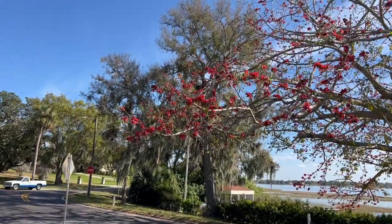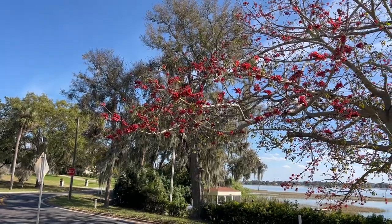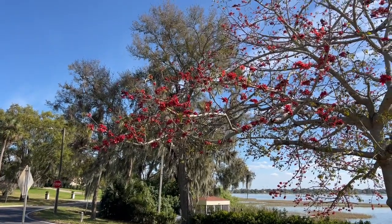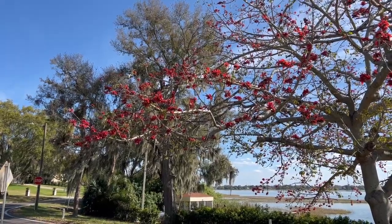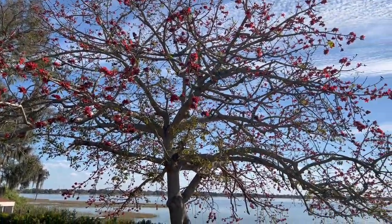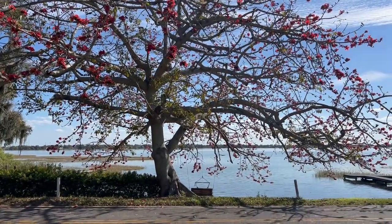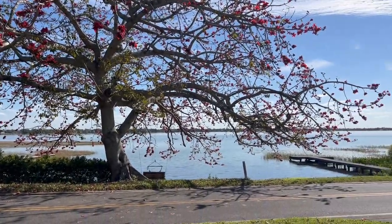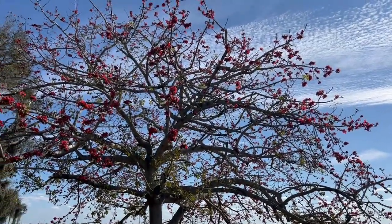Now this tree is defoliated from the leaves, but it still has a ton of flower on it. I've seen this tree when it was completely foliated and completely in full bloom. This is right on the north side of Lake Ariana in Auburndale, Florida. So if you live in Polk County and you want to see a spectacular tree, come